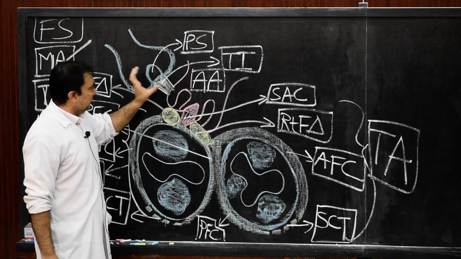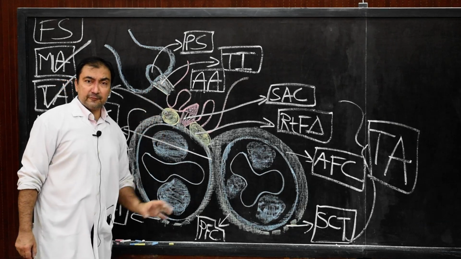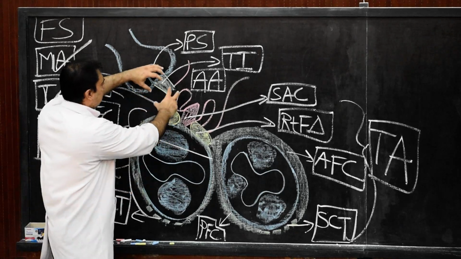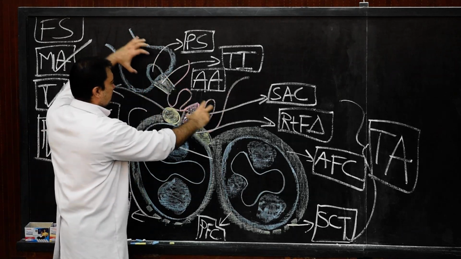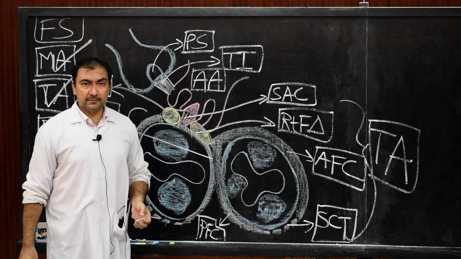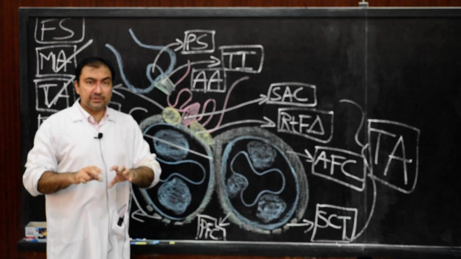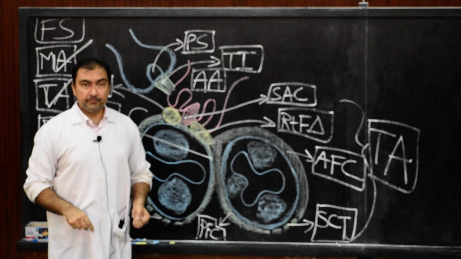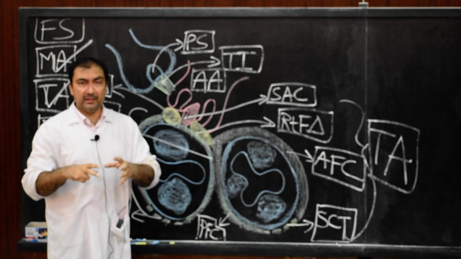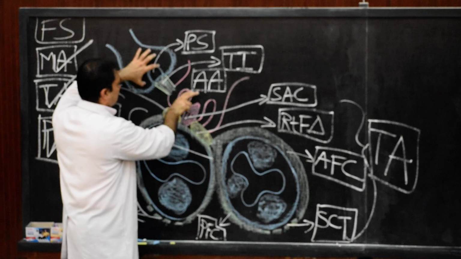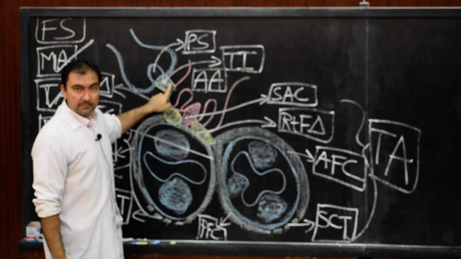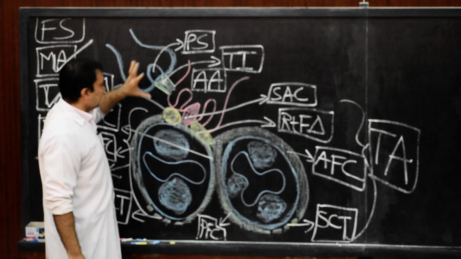Now why is this tendon of infundibulum present? What is the function? This tendon of infundibulum will prevent the separation of aortic and pulmonary orifice during extreme amounts of pressure which is experienced during ventricular ejection. So during ventricular ejection of the blood, extreme amount of tension or pressure will lead to separation of the aortic or pulmonary orifice, which is prevented by tendon of infundibulum. That is about pulmonary annulus.